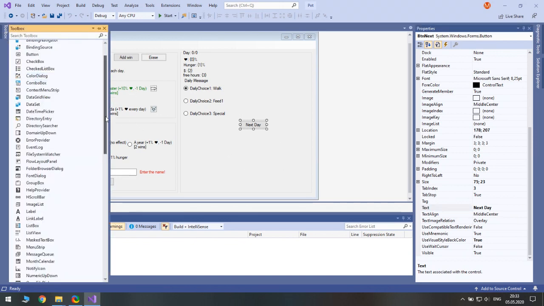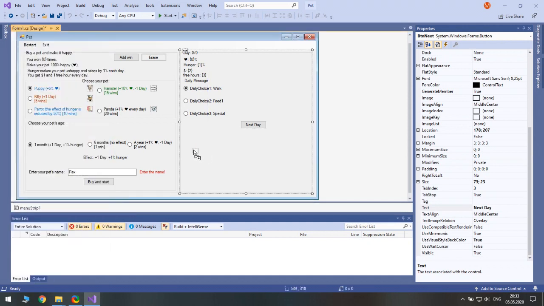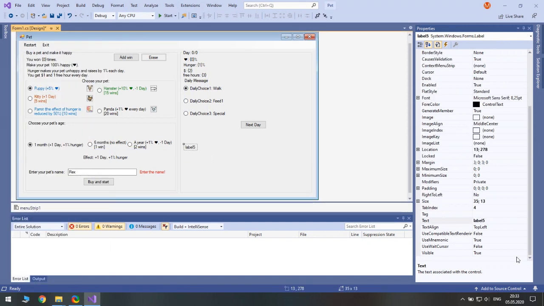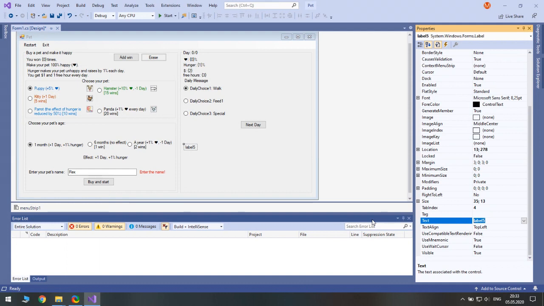For the puppy we shall make a big bone, its price should be $14, and its effect will be dramatic, like no more hunger.